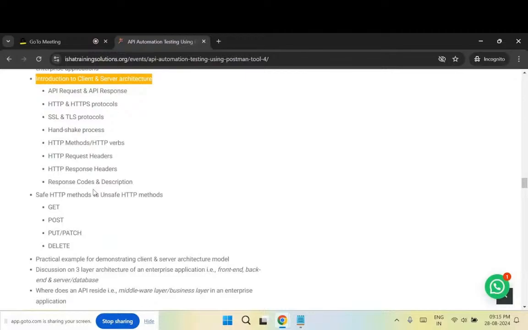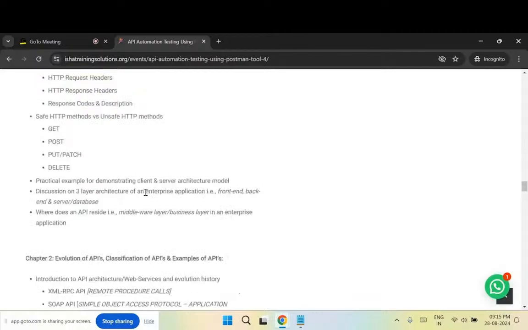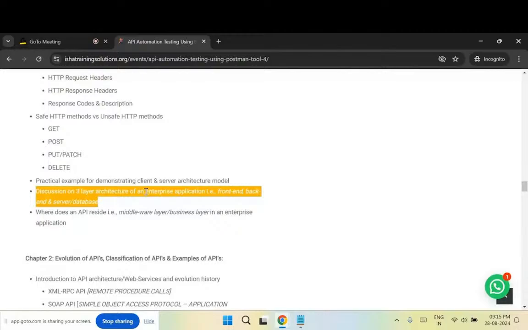After that, I will also talk about the three-layer architecture of a software enterprise application, which means in any organization, when a project is getting developed, the fundamental rule is three-layer architecture for any developer. So what is that, a blueprint the developer will have in his mind or in her mind to develop an enterprise application using three-layer architecture, where we will have three major components involved: front-end system, back-end system, and the server-side system. So we'll talk about what is this front end, how does it look like, what is this back end, how does it look like, what is this server and database, how does it look like, where are the APIs getting developed. So that information you will get in chapter 1.